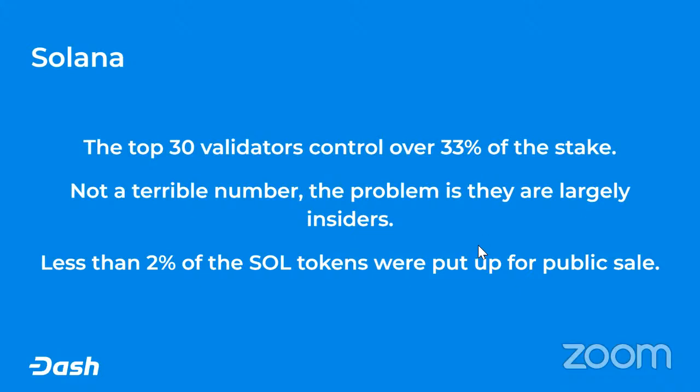And of course, we just saw this last night. Well, last night for me, I guess it was yesterday for most people, with BNB. Of course, the situation is a lot worse for them because they only have 25 nodes. I think it's about 25. And I think